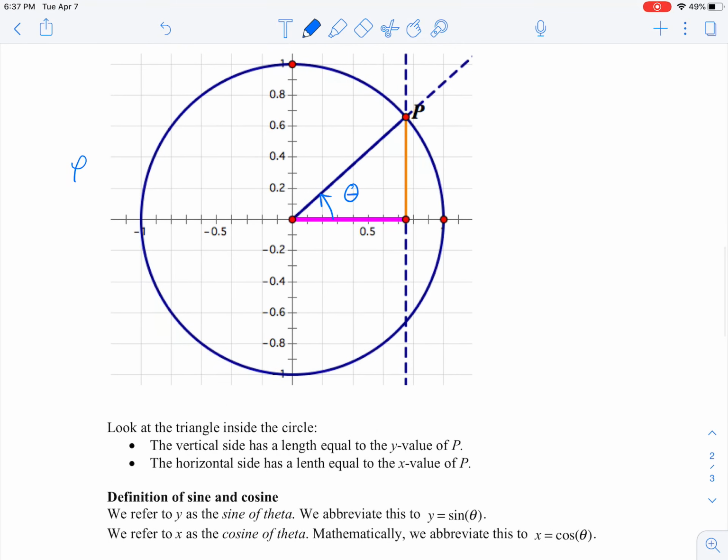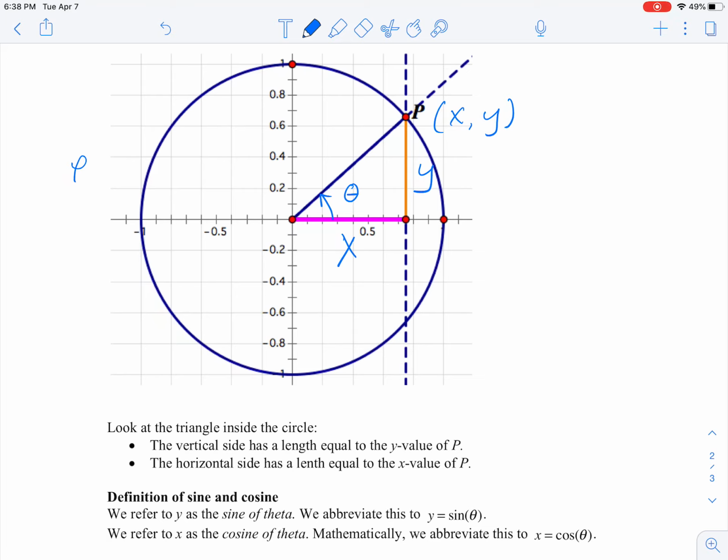Okay, so let's take a look at the triangle that's inside the circle here. The vertical side has a length that's equal to the y value of P. Remember, P is a point in the x, y plane. So that vertical side has length y. Similarly, the horizontal side there has length x. We don't know what those are. I've clearly implied some values based on this particular angle, but we want to think about this as an arbitrary